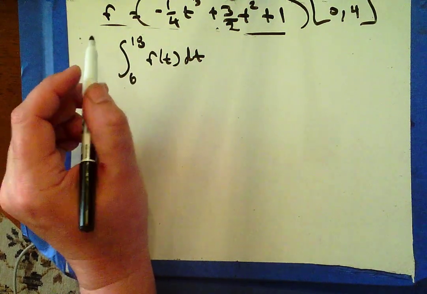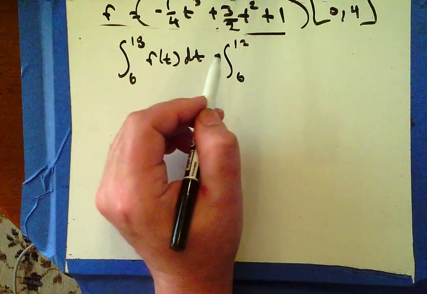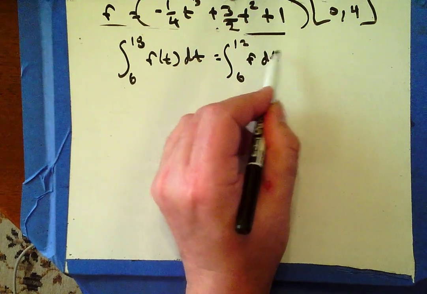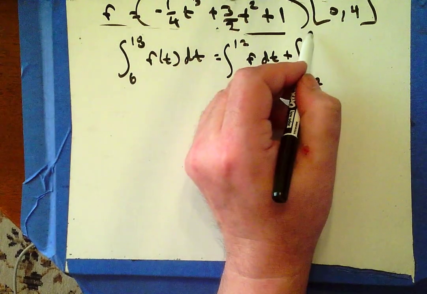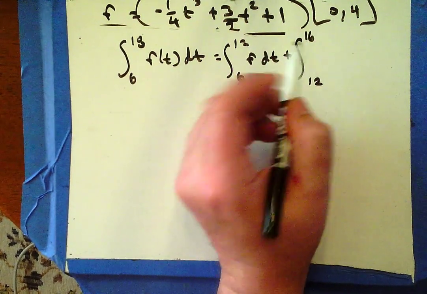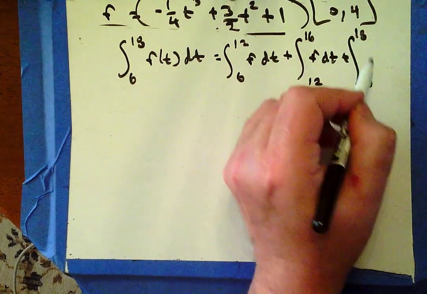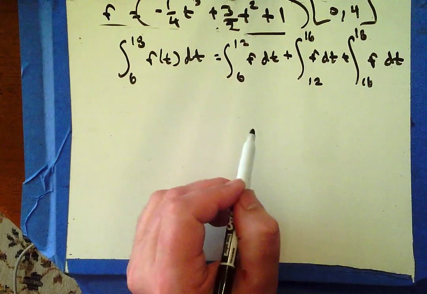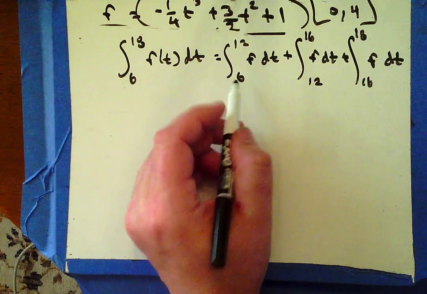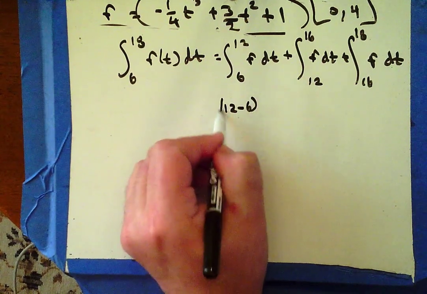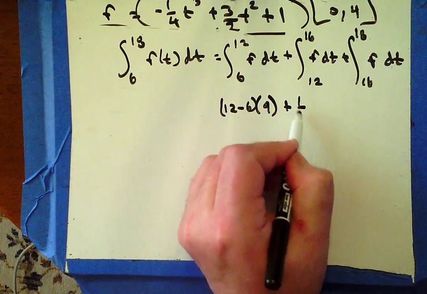So I've got a rectangle from 6 to 12 of f, plus I've got this trapezoid from 12 to 16 of f, and then another rectangle from 16 to 18 of f. Okay, so rectangle from 6 to 12, 12 minus 6 times a height of 9, plus trapezoid, 1/2,